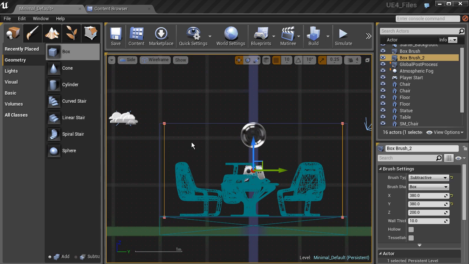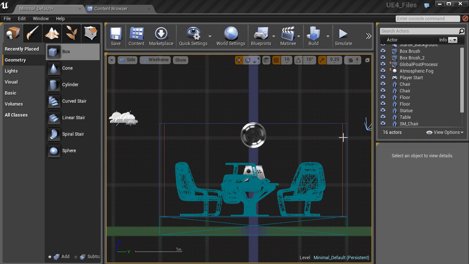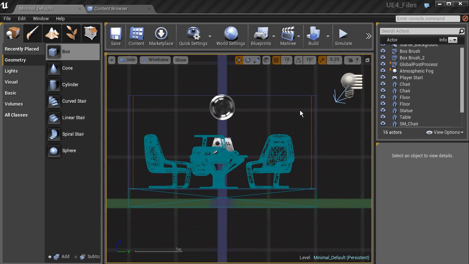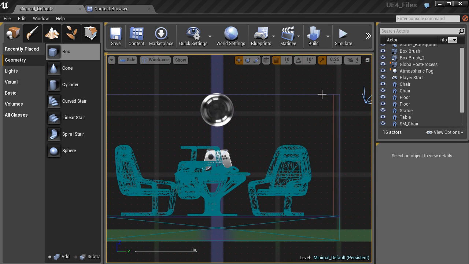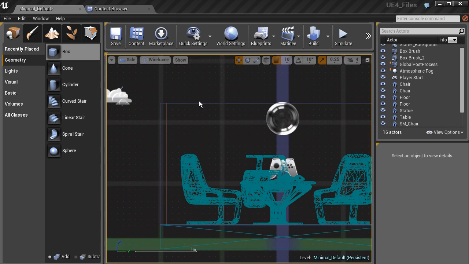Notice what we have here. We have this blue box, and that is our additive brush. And then we have this red box here in the middle, and that's our subtractive brush. Notice how right here at the top, the additive brush and the subtractive brush are even, and whenever they are touching evenly like that, or even going through one another, it will subtract that out, and so we no longer